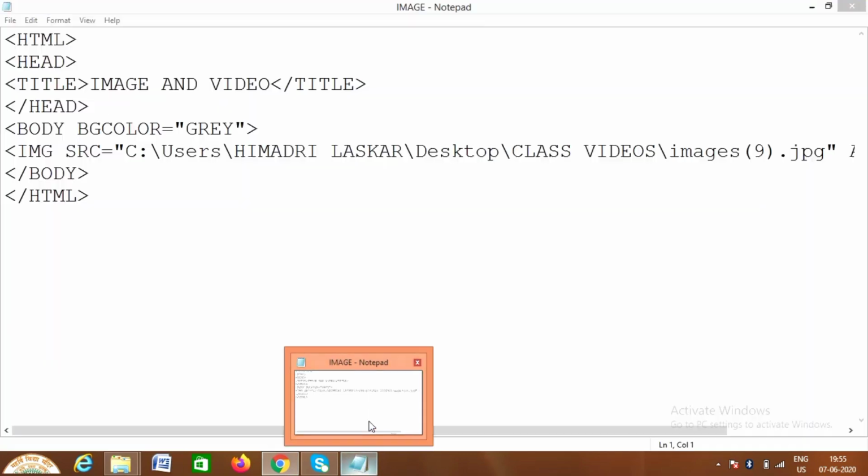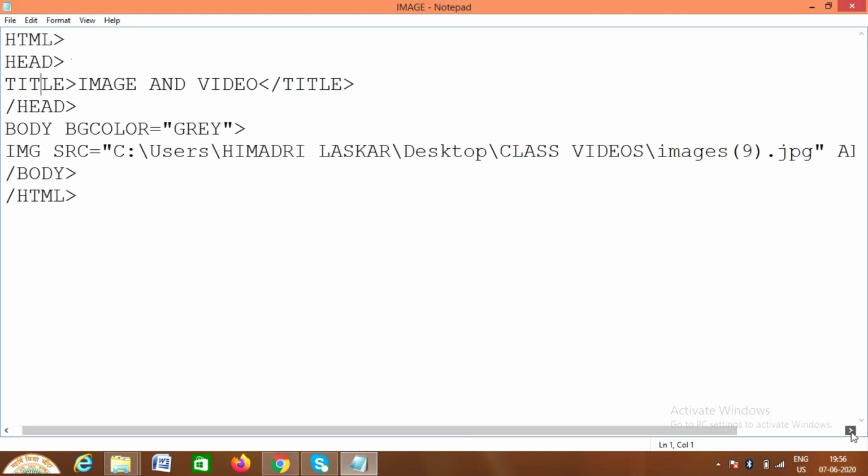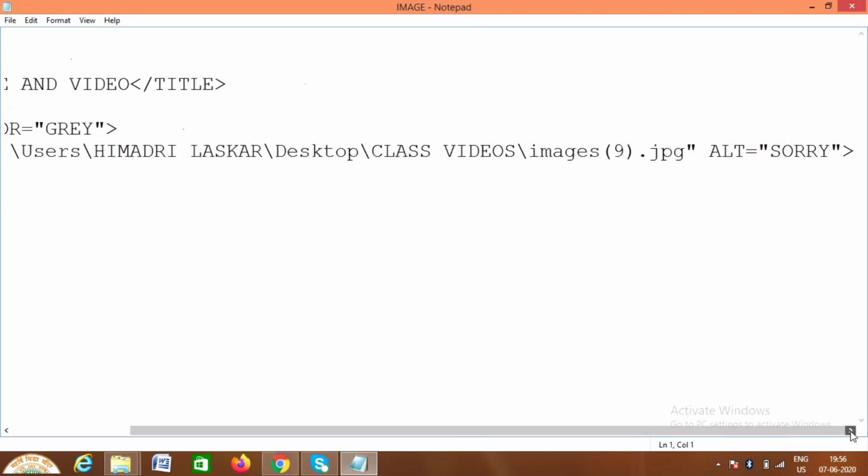Okay, so there are many attributes, like we can increase the size of the picture by giving width and breadth. We can make it come to the center, but I'll not show you all the attributes of it. Okay, for image I am just showing the alternative one. Fine. And width and breadth you can give.